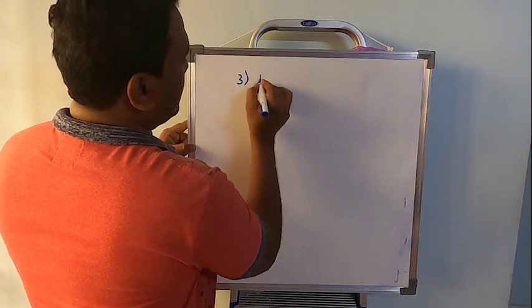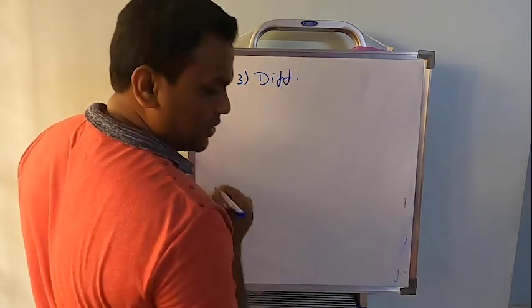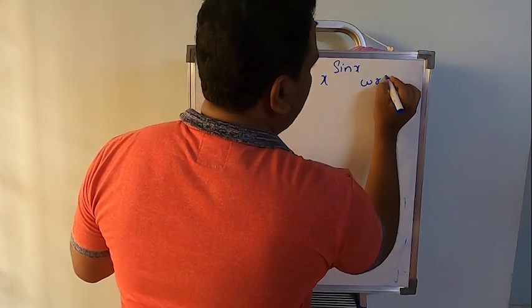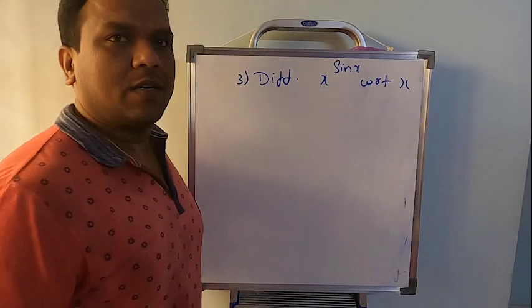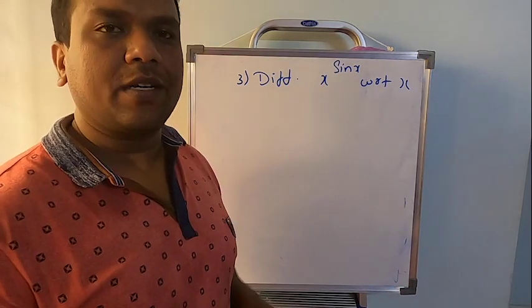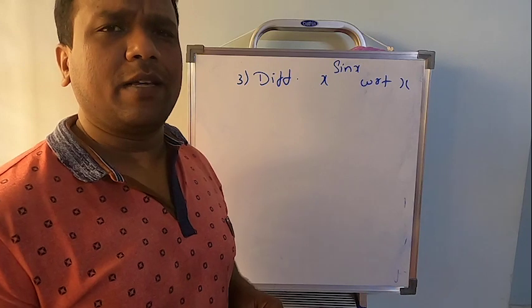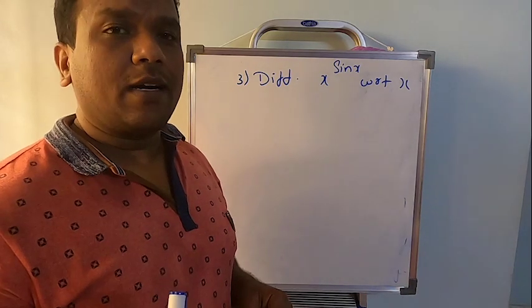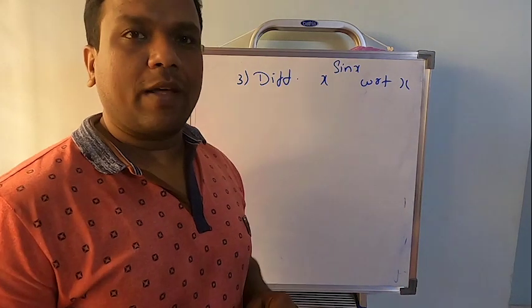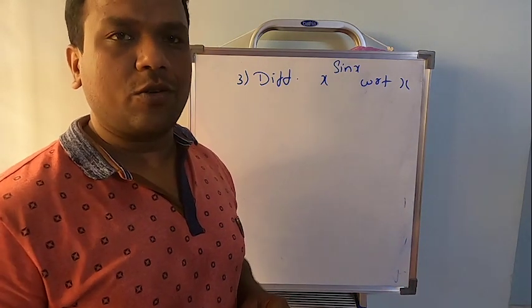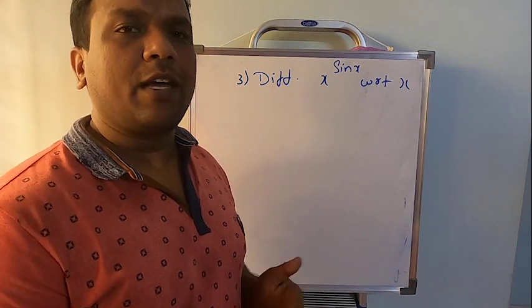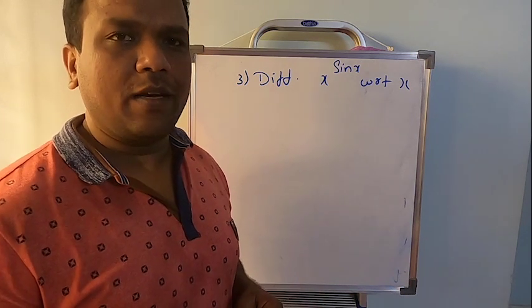Problem number 3 says: differentiate x to the power sin x with respect to x. Every time you see a problem on differentiation, they will say differentiate or find dy by dx. Try to understand, analyze and recognize which method we have to apply, or which type of differentiation it's going to be. Implicit, I told you how to recognize.